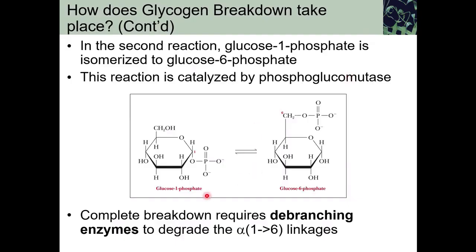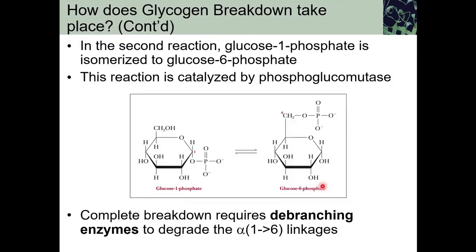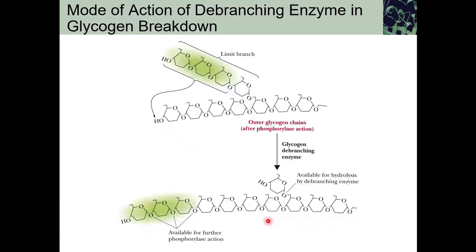This one catalyzes the conversion of glucose 1-phosphate to glucose 6-phosphate. And the third is the debranching enzyme, which transfers these three residues into that other molecule